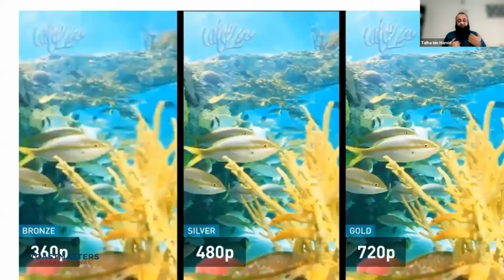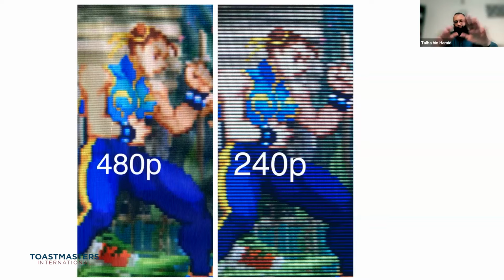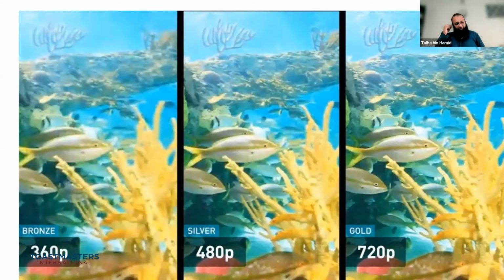Then we move on to 720p, which is 1280 by 720 pixels. Now 640 by 480, 640 multiplied by 2 is 1280. 480 multiplied by 2 should be 960, but it is 720 because the aspect ratio is also changing. These aspect ratios are more towards the square side, 3 by 2. And now we are moving towards 720, which is, I don't know how to say it. It's 1280 by 720, 16 by 9, right? Because these aspect ratios are funny, as the graphic designers would know. There is no